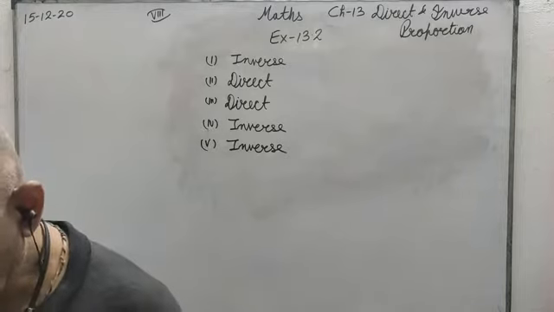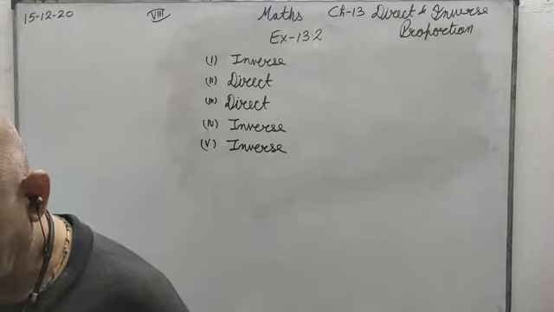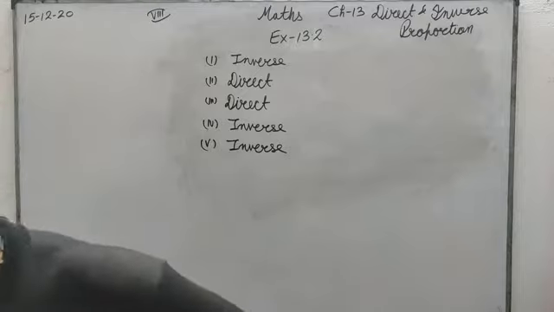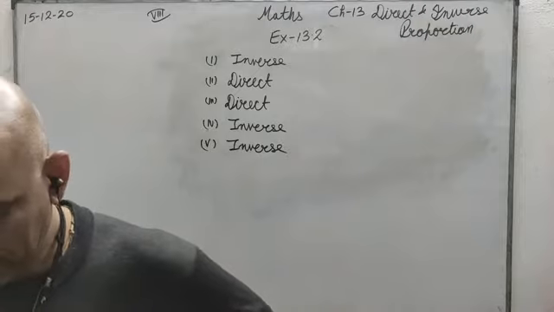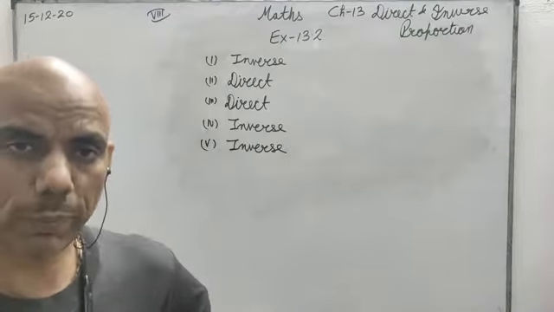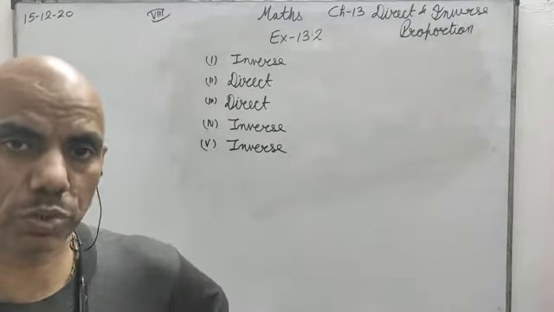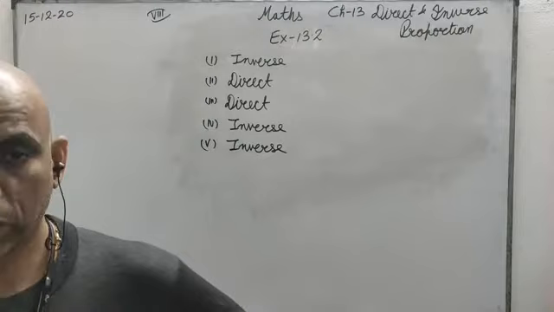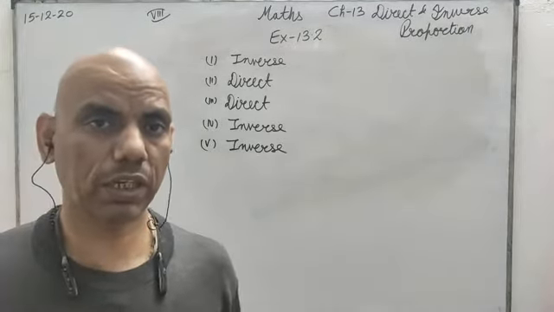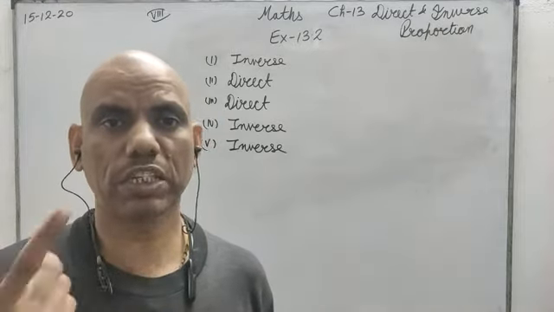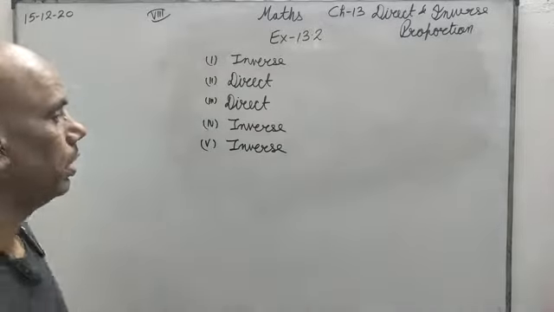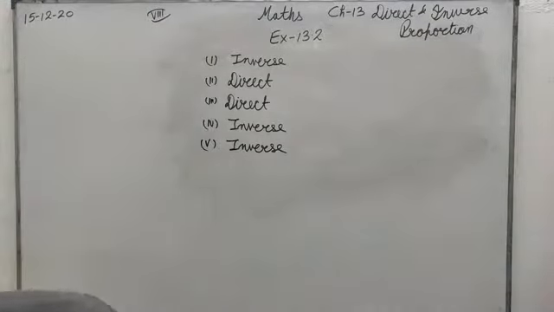Now, in question number 2, there is a table: if the number of winners is 1, the prize secured by each winner will be 1 lakh. The prize is fixed. Now if there are 2 winners, the prize will be distributed amongst 2. If the winners are 4, the prize will be distributed among 4. So the more winners there are, the less amount each prize winner will get. So it is a case of inverse proportion.